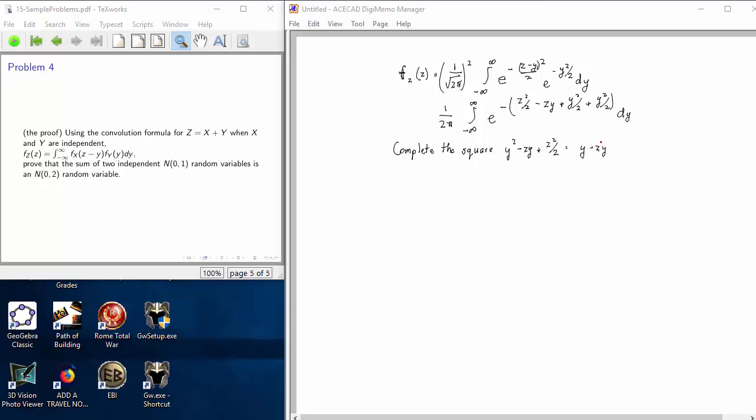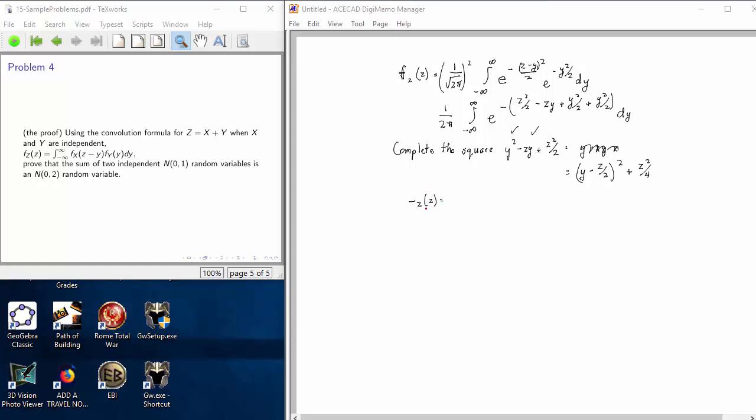Well, if I want to get y squared minus zy, I need to take y minus z over 2 and square it. That'll give me that term and that term. But it only gives me a z squared over 4. So I have another factor of z squared over 4 added on. And now I can write